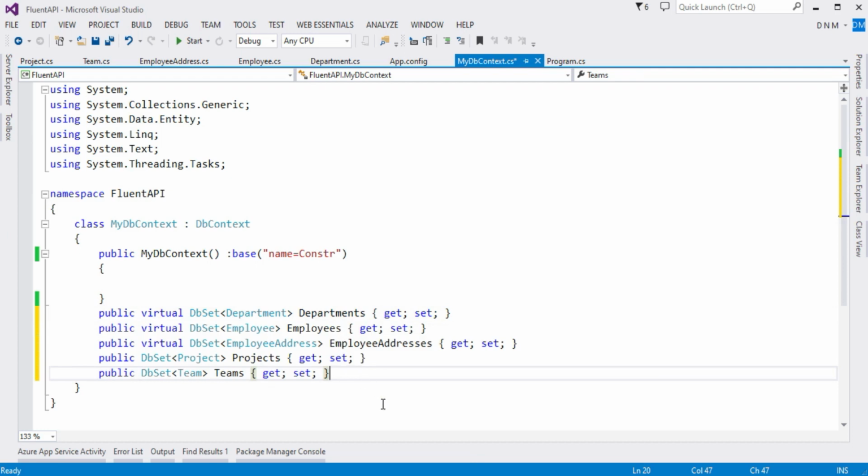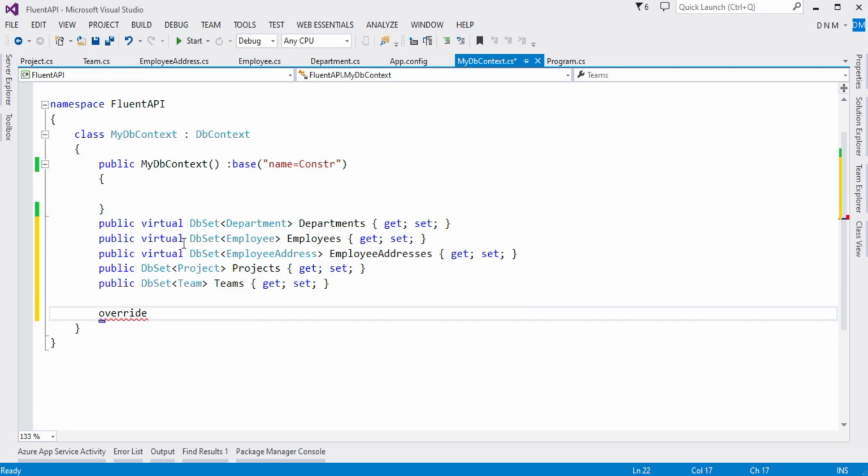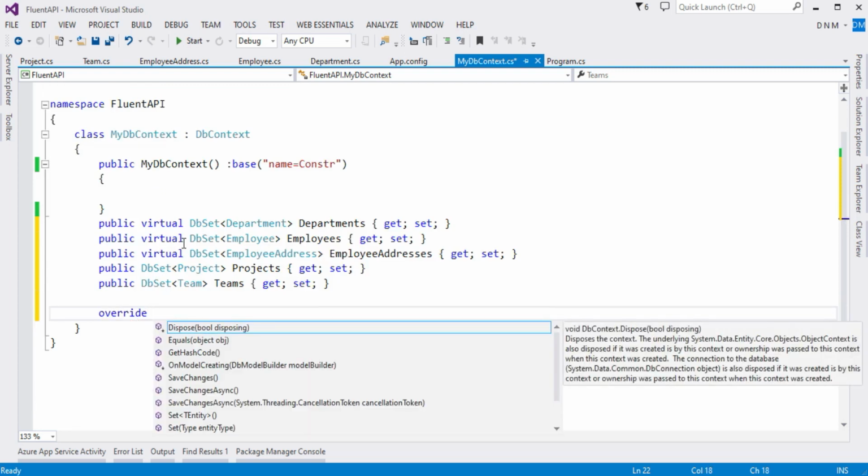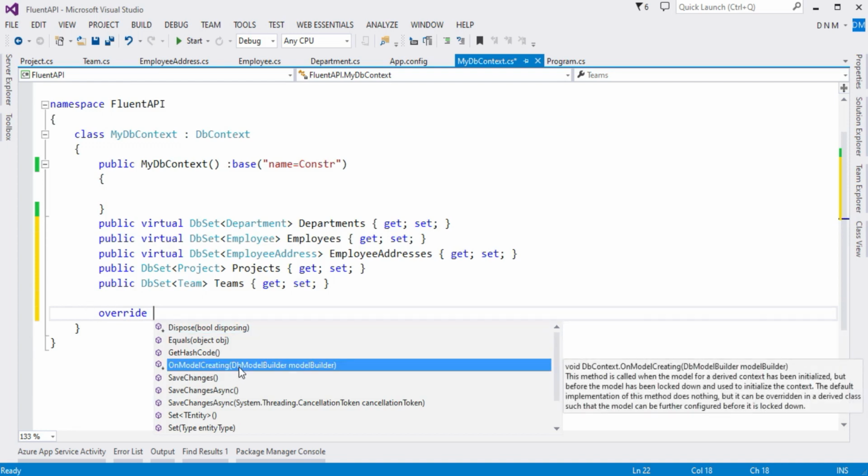Now the most important thing is we have to override the OnModelCreating method of the DbContext class in our MyDbContext class, where we can configure our domain classes using Fluent API. Okay, so just say override, press space key, and you will find that method here, OnModelCreating.